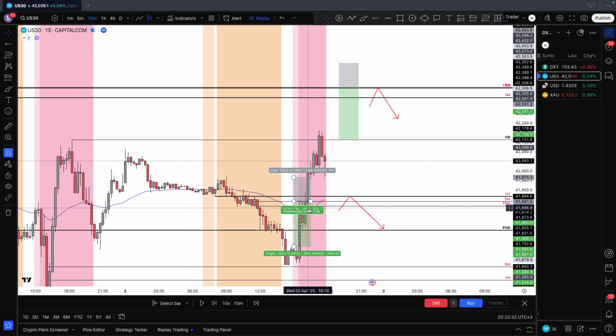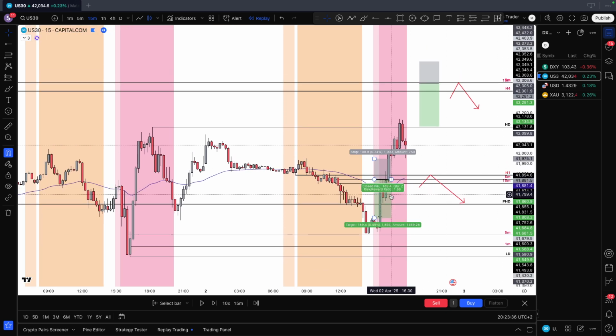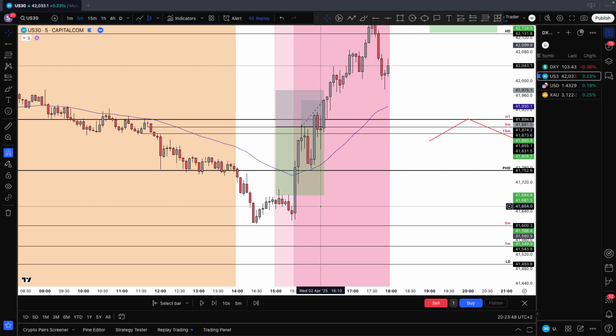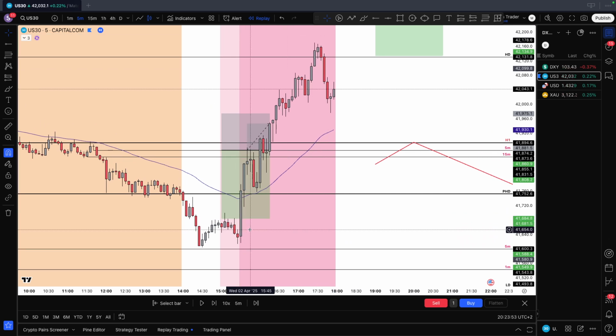So this was the scenario for today, and potentially as the price breaks above this zone here. I had this zone to look for a long on the lower time frame, to be honest, but it wasn't strong enough for me, so I didn't really mark it. But still, it's a zone I would probably be interested in later, if I would see some confirmation around